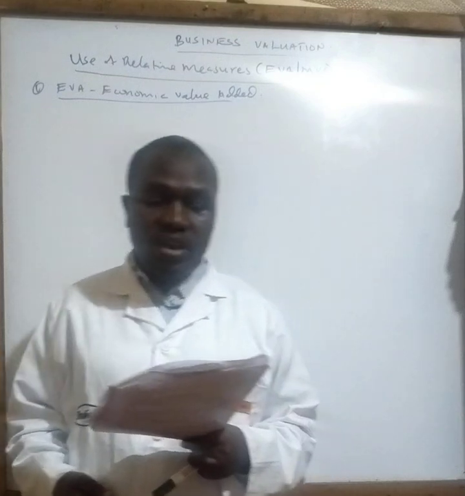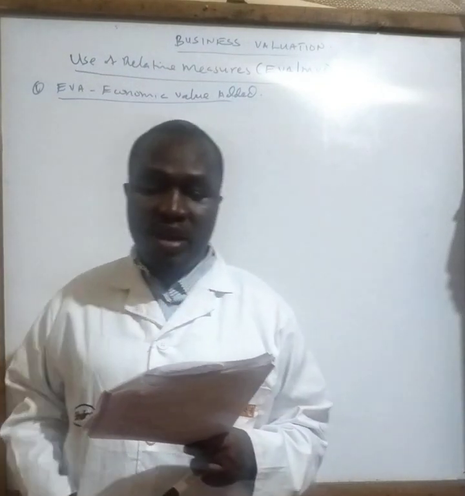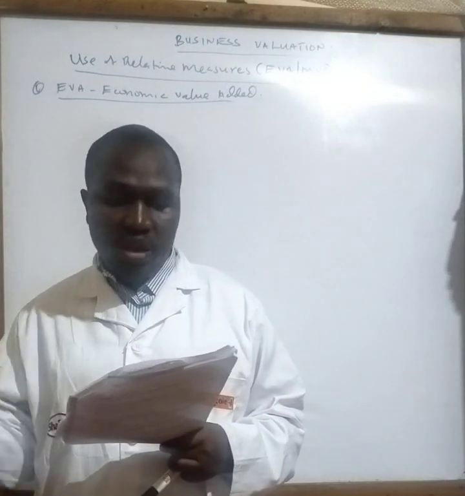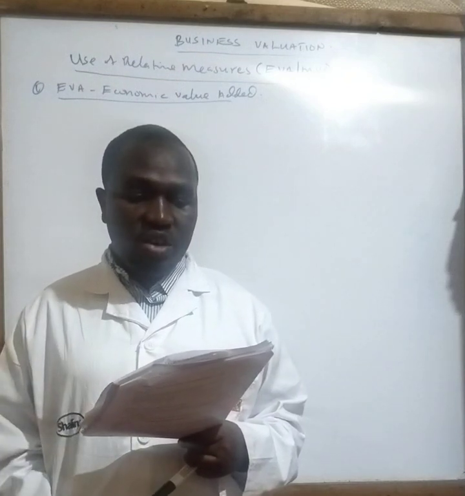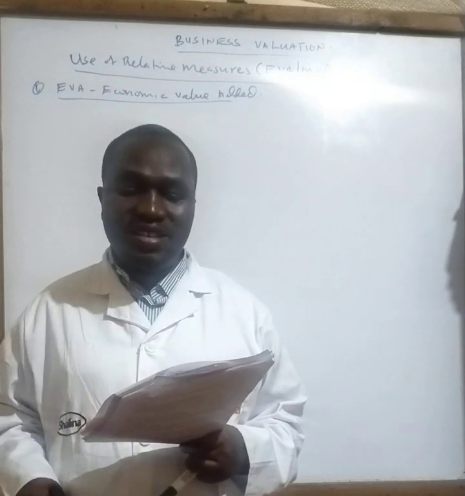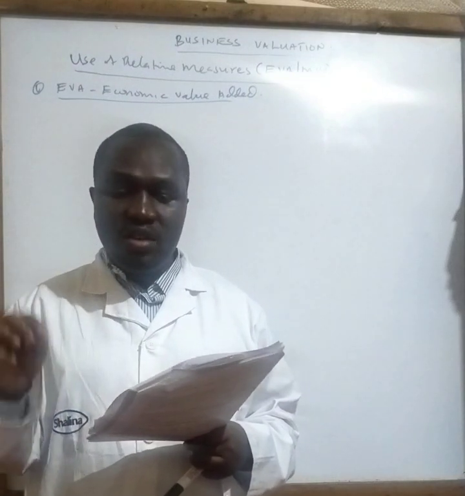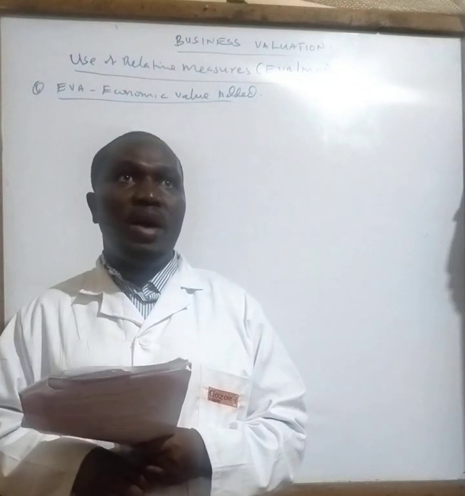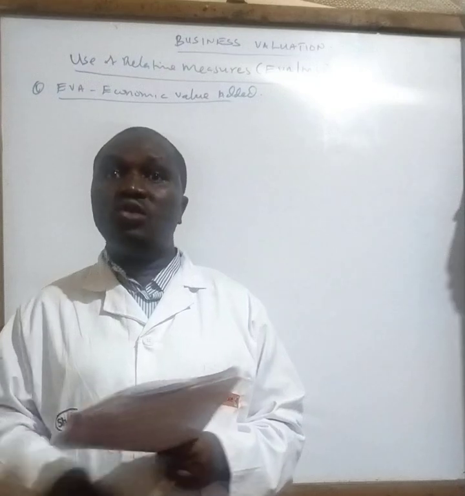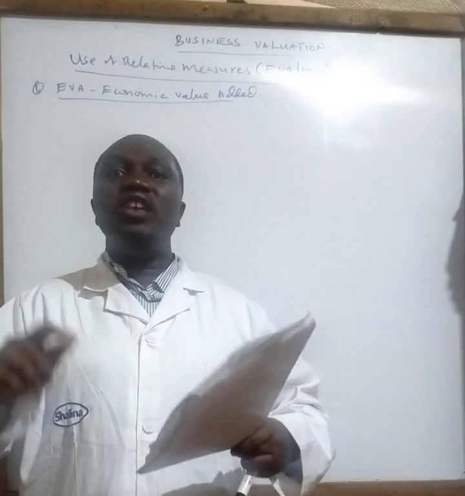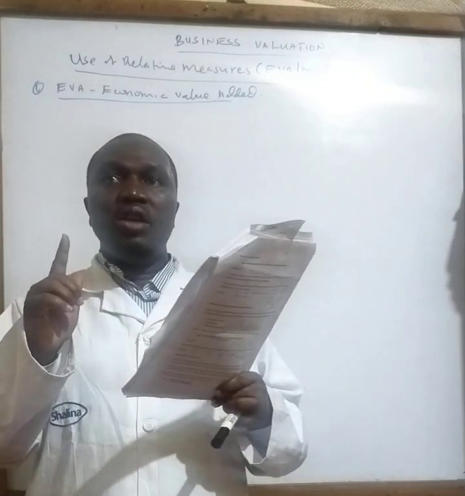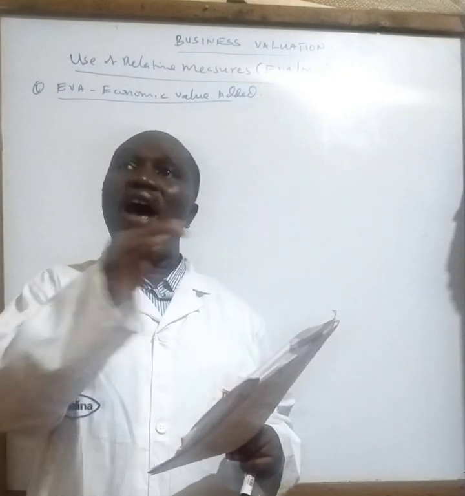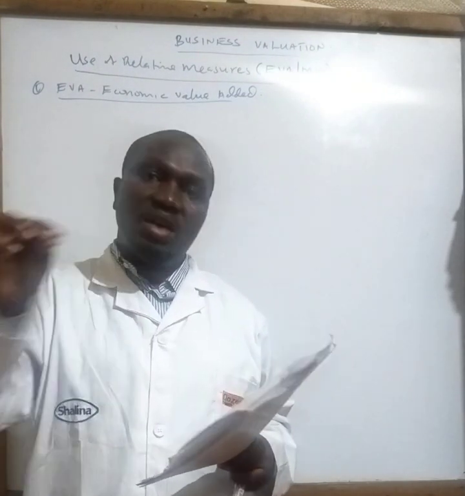Number C, the pre-tax cost of debt was estimated at 9% in the year 20x3 and 10% in the year 20x4. That is cost of debt. Then we have D. Jasho Limited's cost of equity was estimated to be 15% in the year 20x3 and 17% in the year 20x4. This is cost of equity and cost of debt. What should come to your mind is the weighted average cost of capital. Weighted average cost of capital is the average of all the sources of capital that have been incurred to bring finances into the organization.